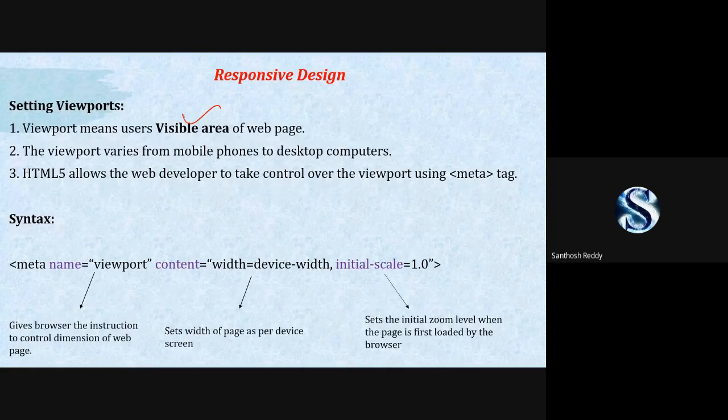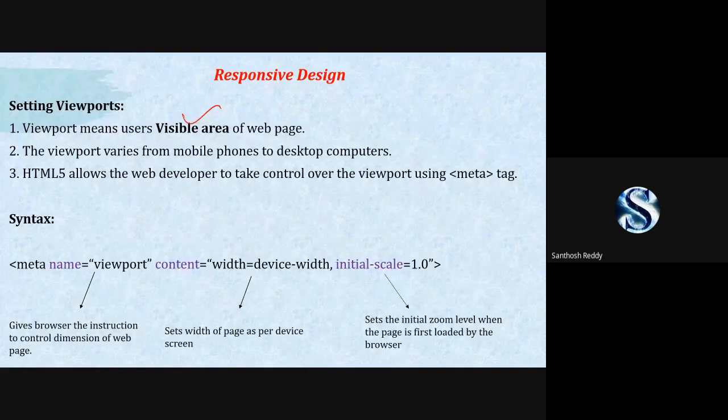So if you want to work on it, the syntax goes like this. We have a tag called the meta tag. In that meta tag, we are going to use 3 attributes: one is name, another is content, another is initial scale. Where name is equal to viewport.